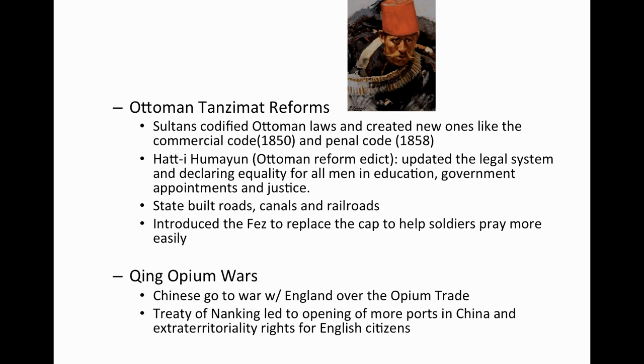They're going to lose those wars, and the Treaty of Nanking is just going to open up more ports to China, right? And the English are going to have these special extraterritoriality rights. Hong Kong is also going to be a colony. So the Opium Wars were a major turning point, right? We're going to go from an isolated society to a society that's much more open to westernization. Not on purpose, though, right? It was the war that really opened that up.